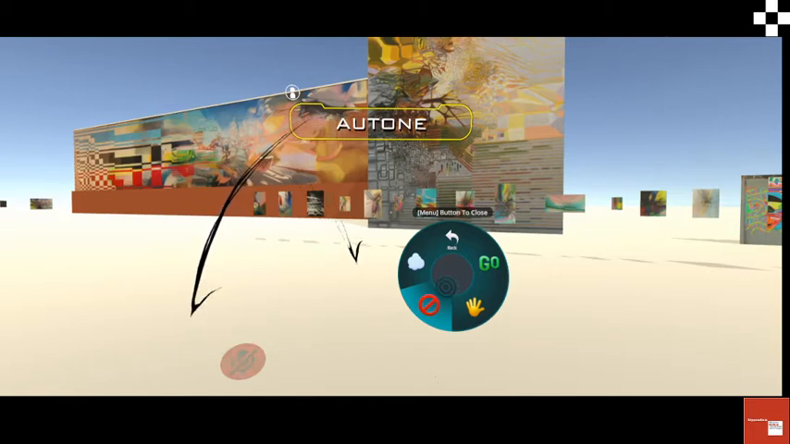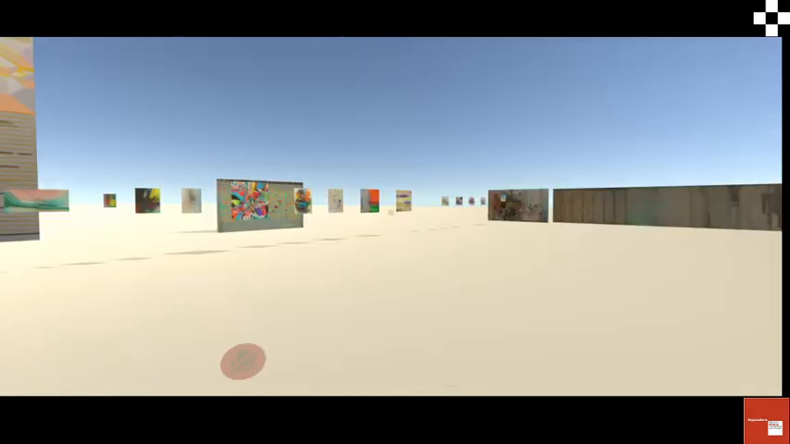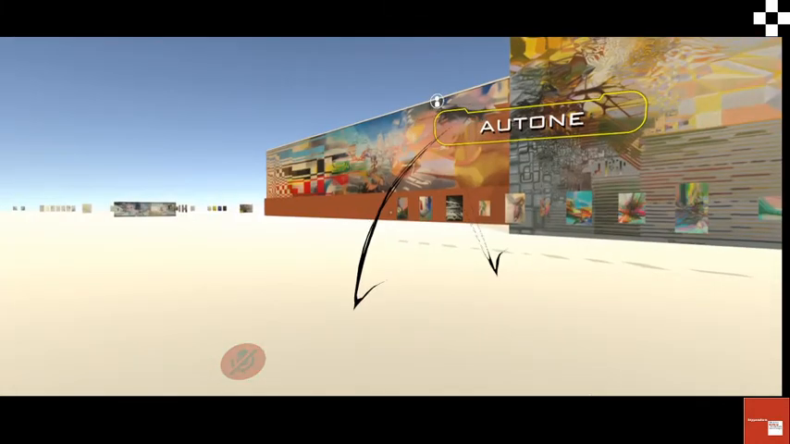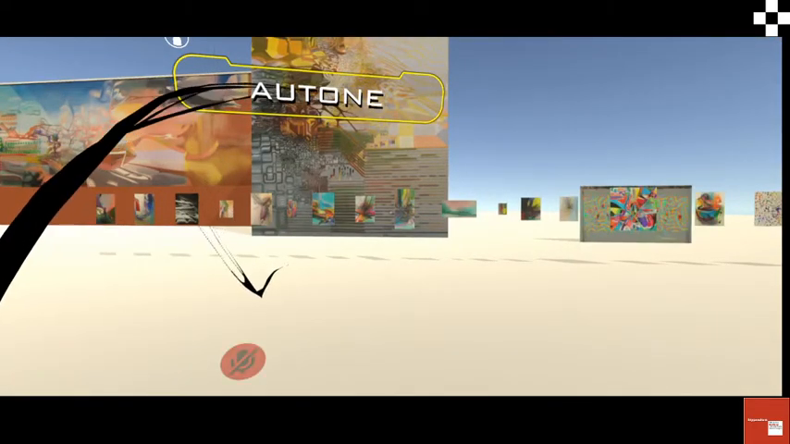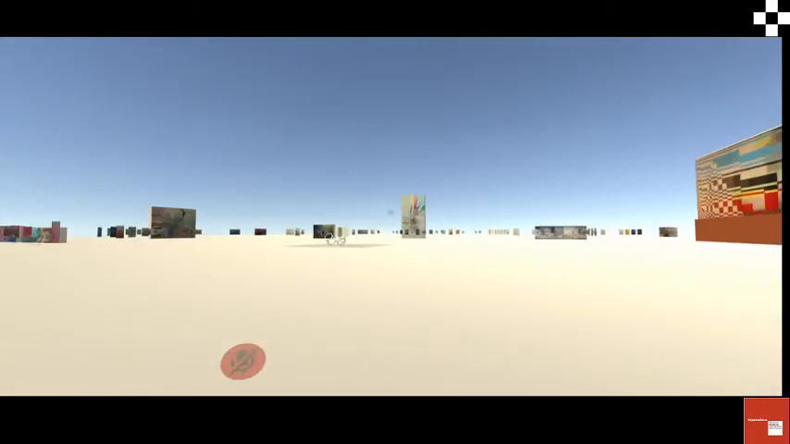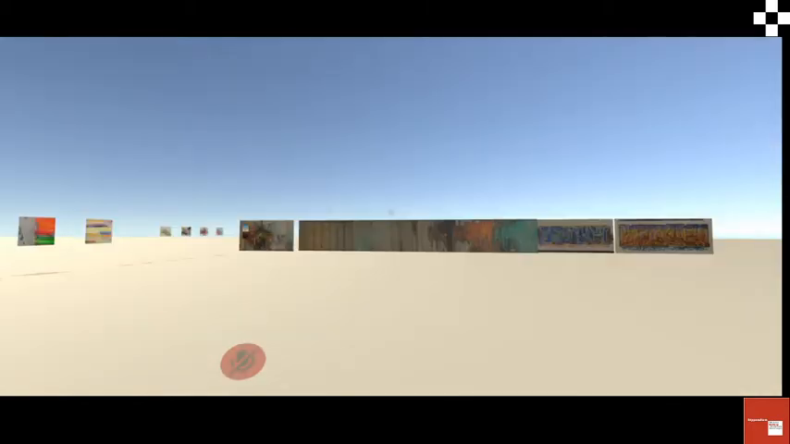Autona is my friend, not only in this game, but in real life as well. We painted together a lot of walls. I wonder why I cannot hear you. Maybe he doesn't have the microphone checked. 1, 2, 1, 2. Okay, so